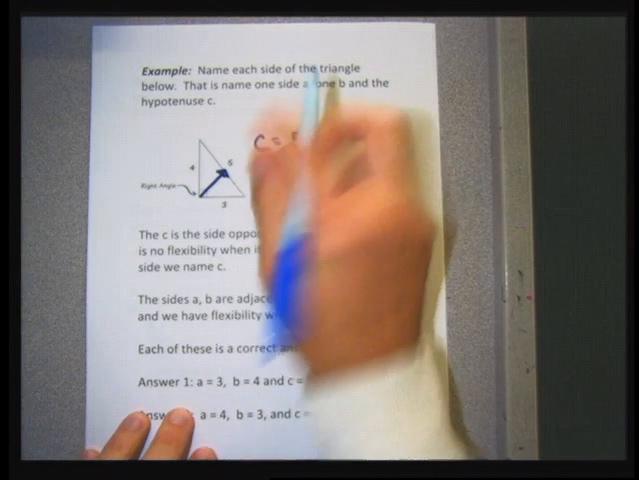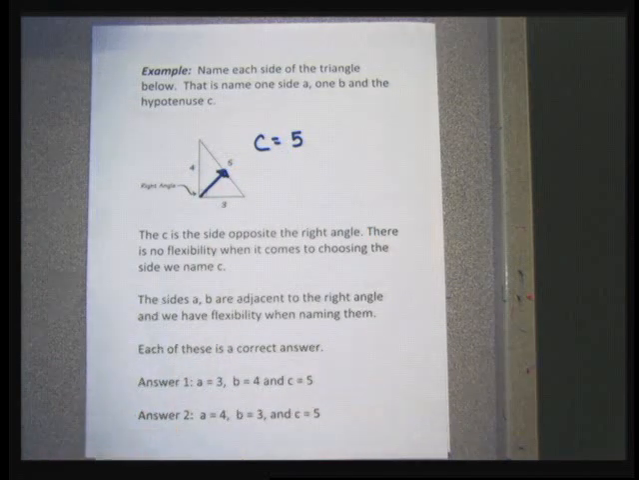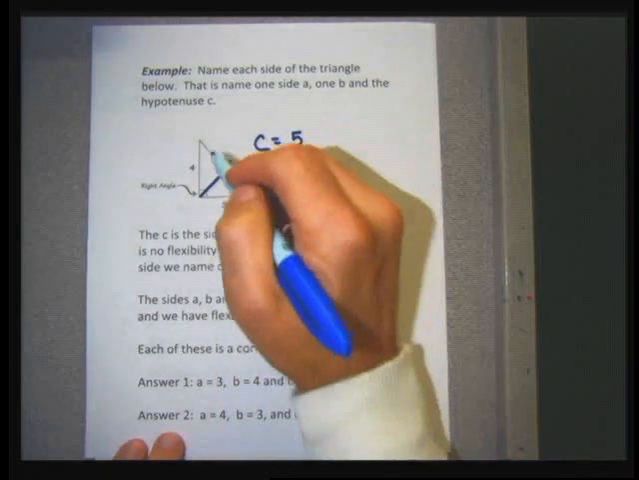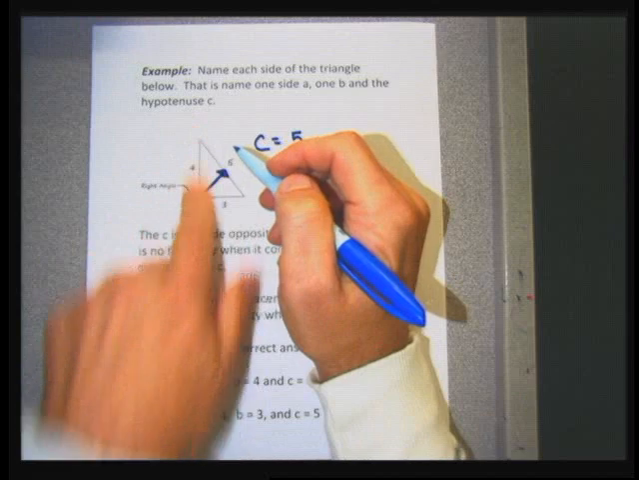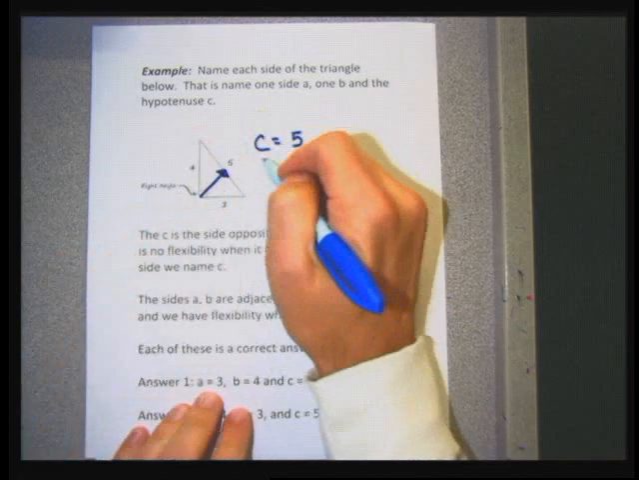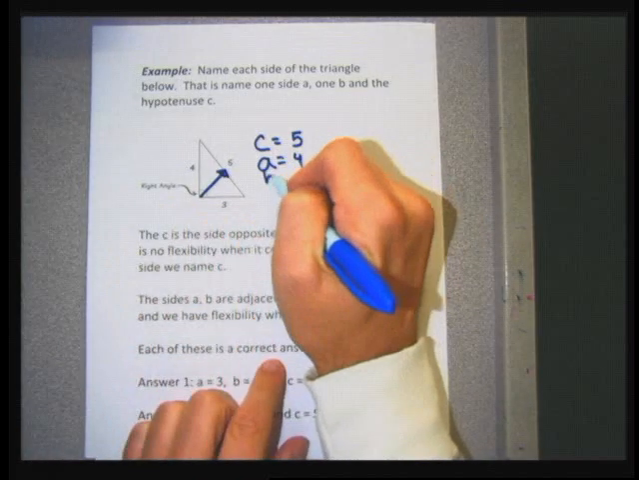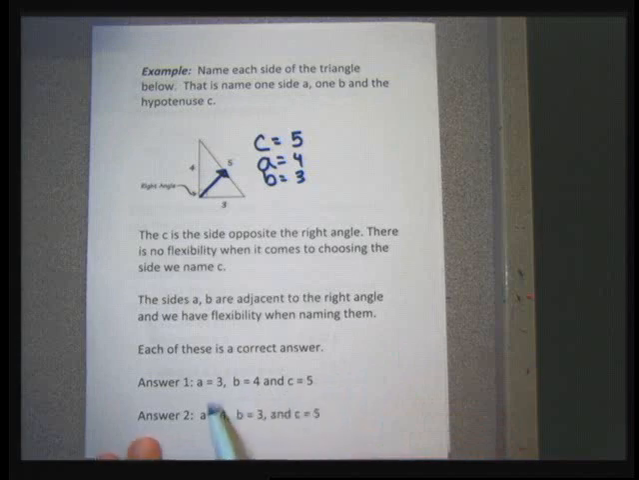It might have been nice if I would attach some units to the C, like maybe that's 5 centimeters, but I didn't. And it's okay. Now the A and the B are adjacent to the right angle, and I have flexibility. So if I wanted to be consistent with what I did in the last example, I made the side up and down A, so maybe I'll call the A 4, and the side going horizontally B, and call the B 3. So this would be a correct answer to how to name the 3 sides of this triangle, but